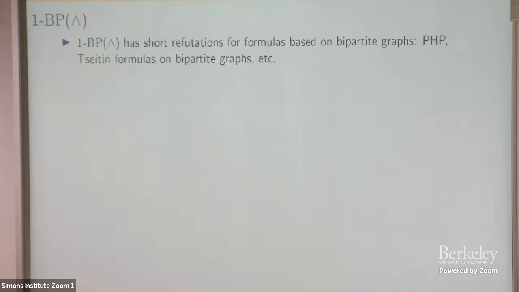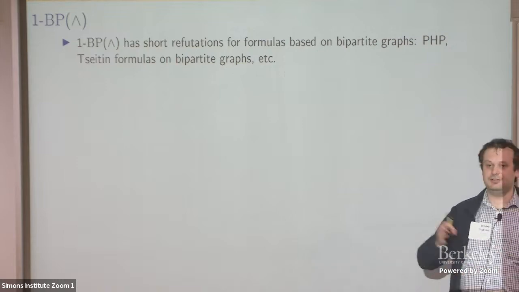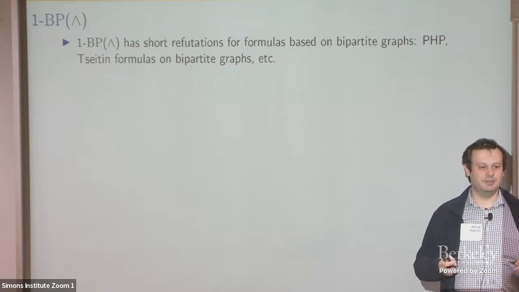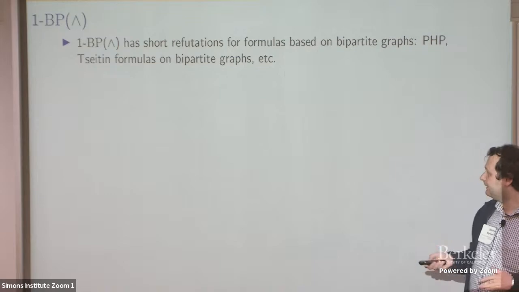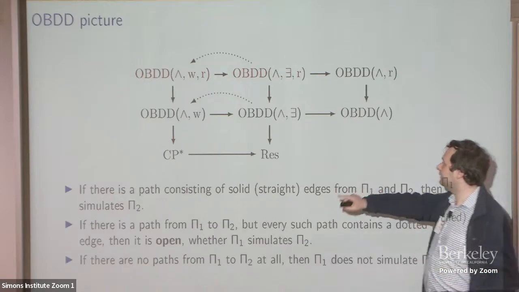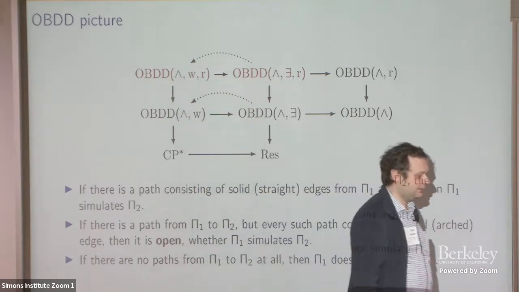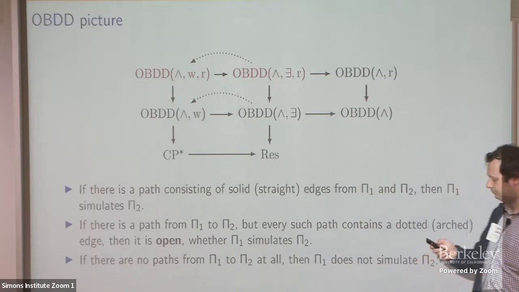Okay, and what about where I speak only about OBDDs? What about advanced branching program? Of course, if you consider semantic refutation of advanced branching program, this will be harder. This will be stronger than this proof system, and for this proof system, we don't know any lower bound.